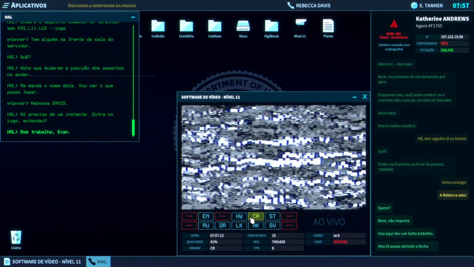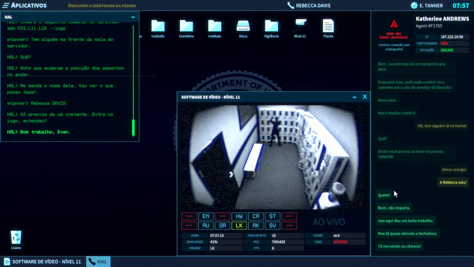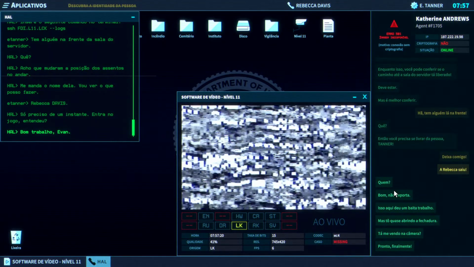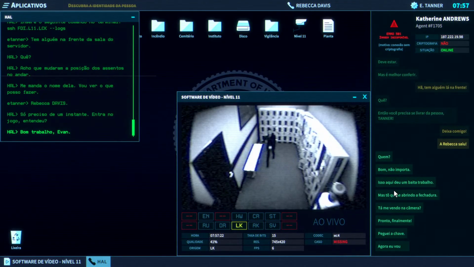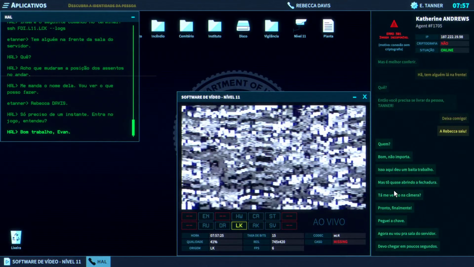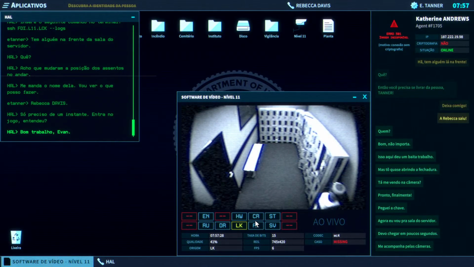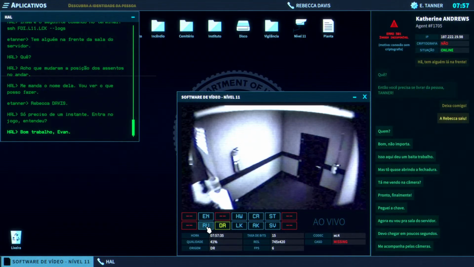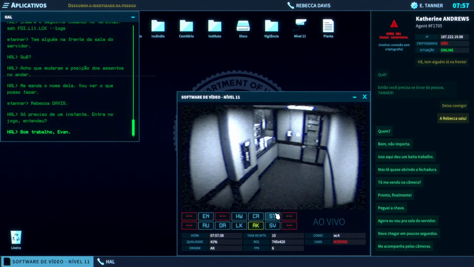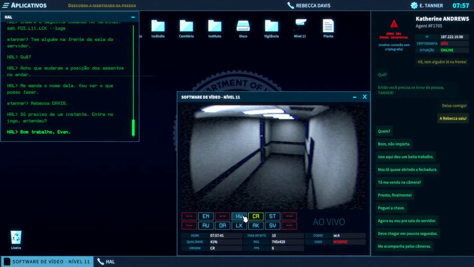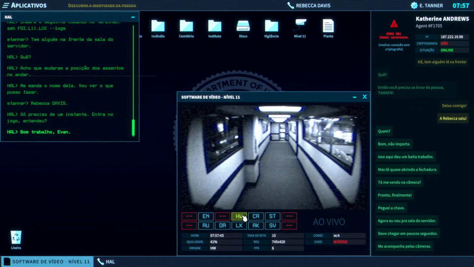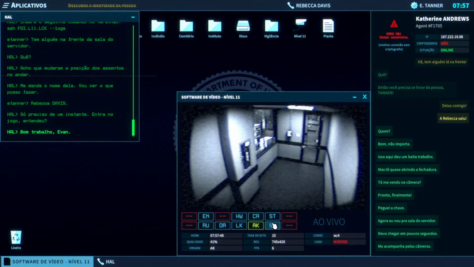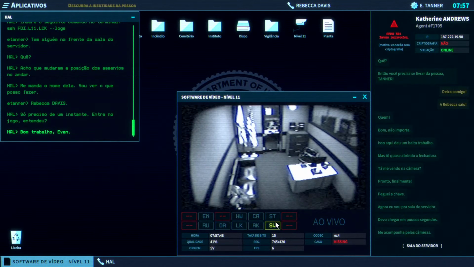Almost picked this lock. Are you watching me? There, finally. I got the key. I'm heading toward the server room. Should be there in a few seconds. Follow me on the cameras. I'm in.